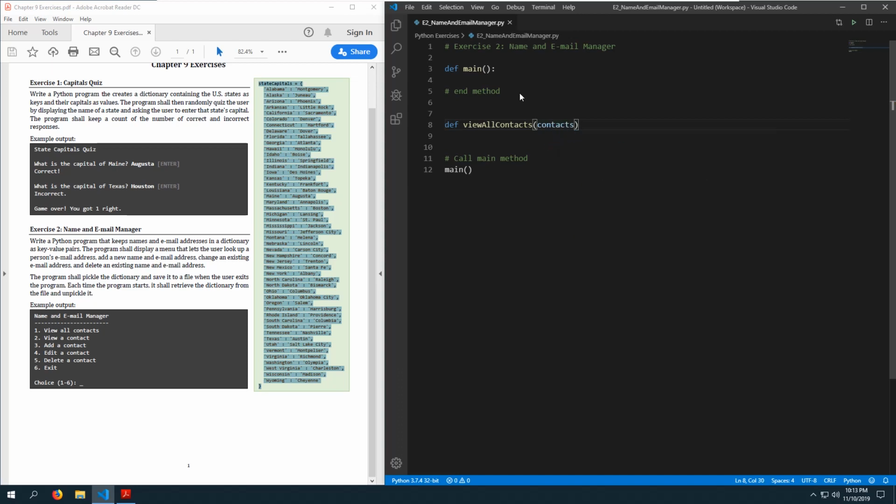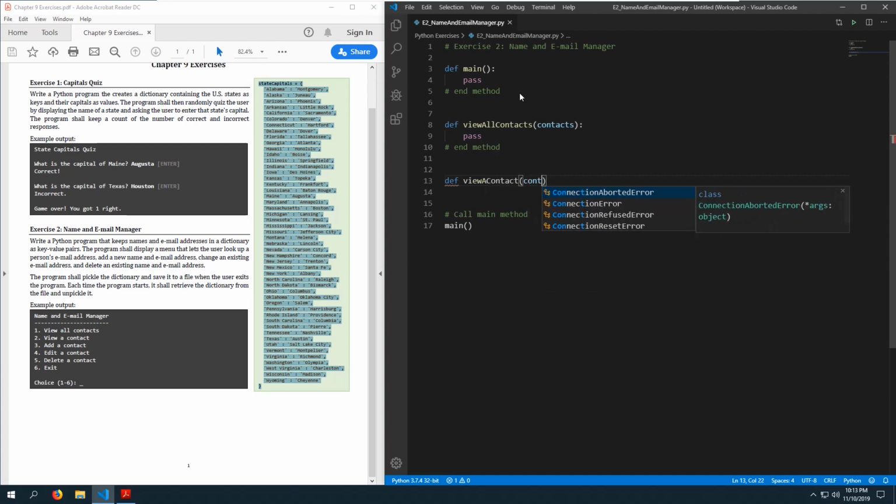I'm just going to call it contacts. And we'll just do pass for these, and we'll come back and fill them in as we go. Then I'm going to have a view a contact. This is going to accept all of my contacts